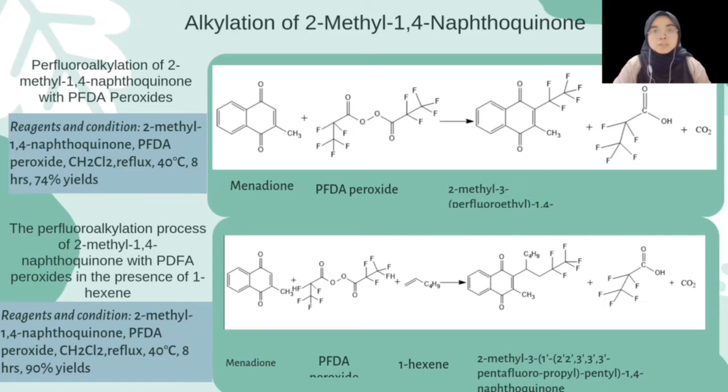First reaction was the direct perfluoroalkylation of 2-methyl-1,4-naphthoquinone with PFTA peroxides in the presence of CH2Cl2, with the conditions of reflux at 40 degrees Celsius for 8 hours, and produced fluoroalkylated naphthoquinone compound, which was 2-methyl-3-perfluoroethyl-1,4-naphthoquinone with 74% yield. Secondly was the same reaction and condition as the first one, but done in